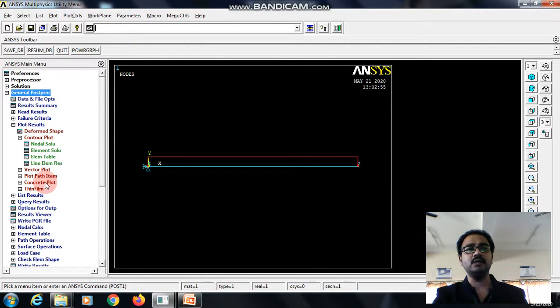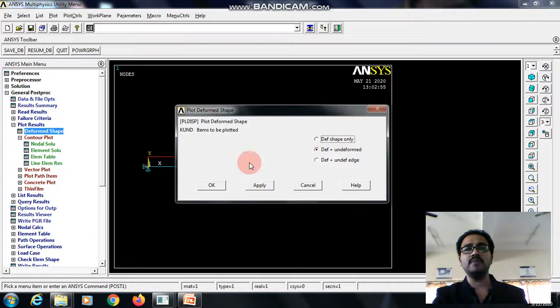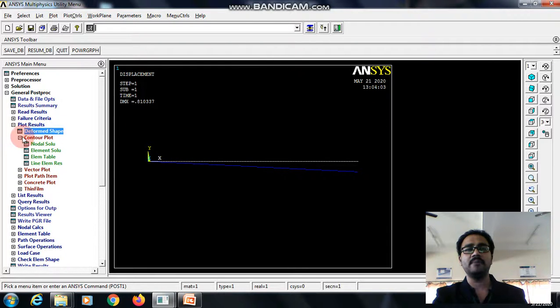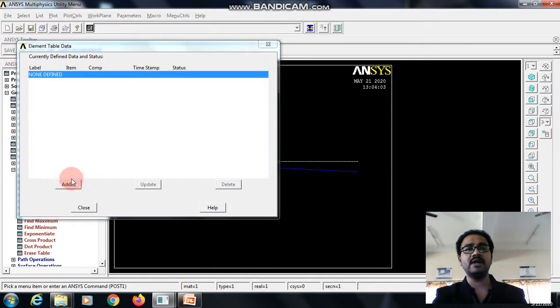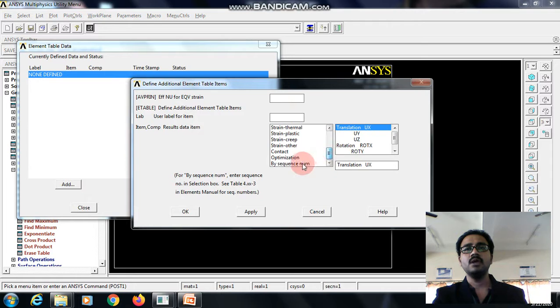How to view the result? Go to general post processor. First let me see the overall deflection. Select plot results, deformed shape, deformed plus undeformed shape, give OK. Now we need to define the codes to view the other results. For that, go to element table, define table, add. The codes are